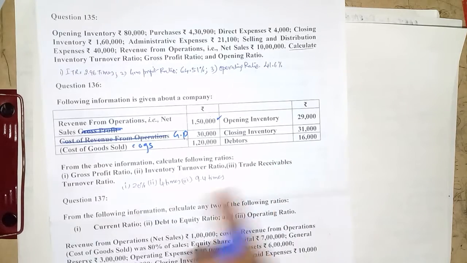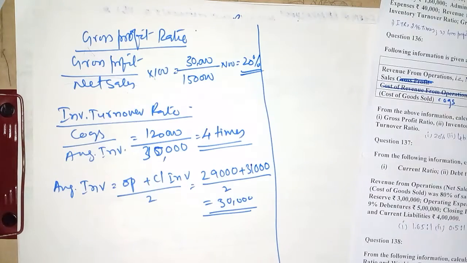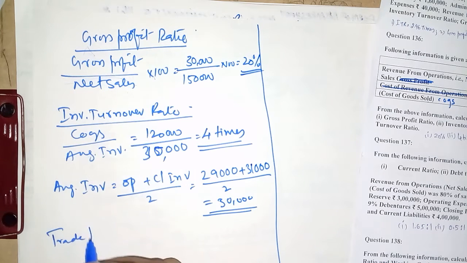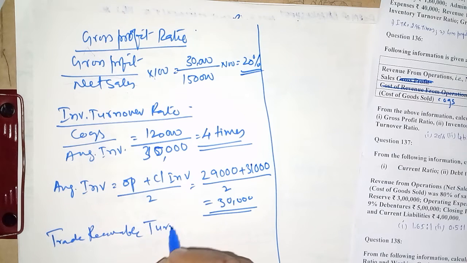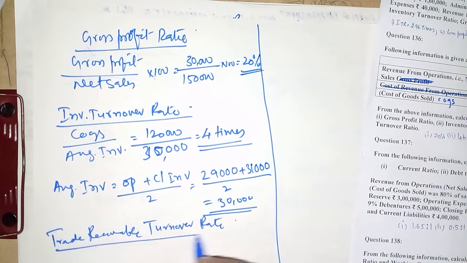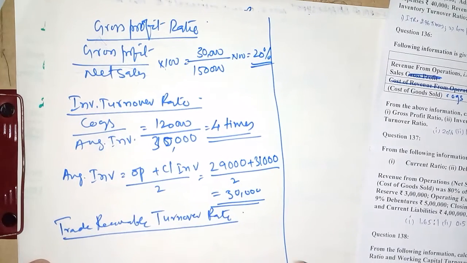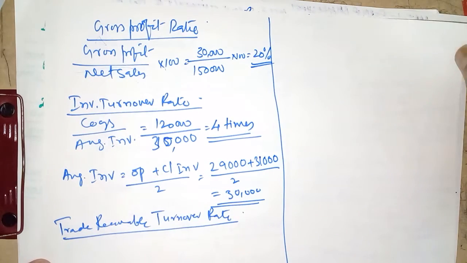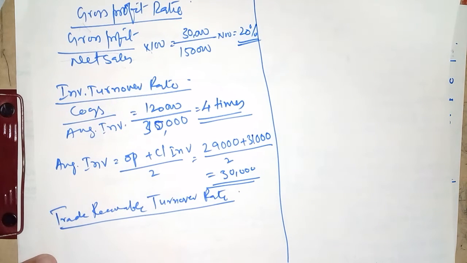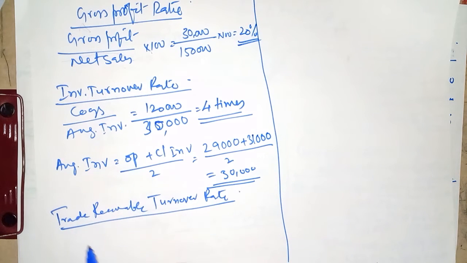Then we have trade receivables turnover ratio. So debtors turnover ratio, trade receivable turnover ratio, or debtors turnover ratio, one and only same. The formula is net